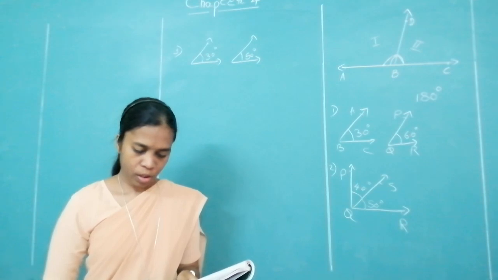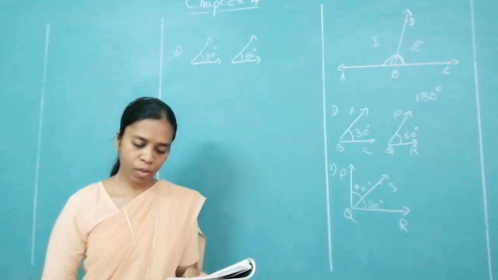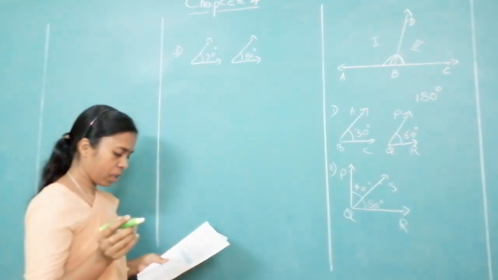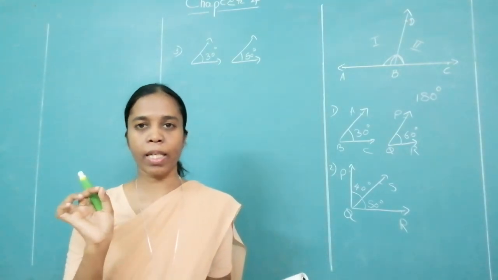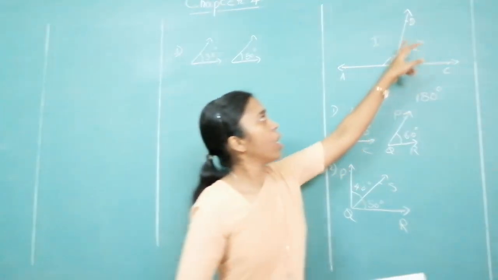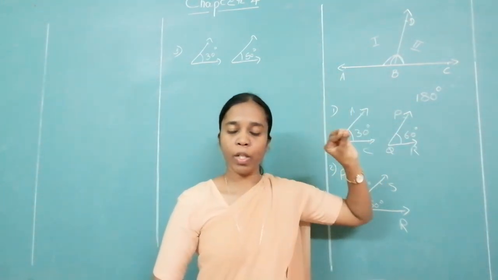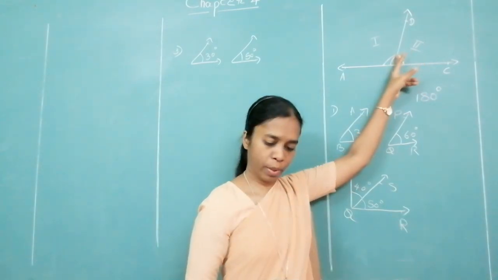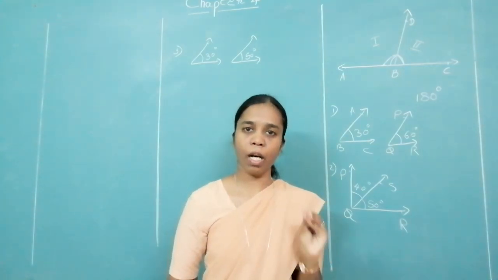The next one: angles in a linear pair which are not supplementary. Listen again. When do you call angles a linear pair? The common arm separates the interiors and the other arms form a straight line. Then only you can call them a linear pair. So, a linear pair which is not supplementary, we cannot draw it. Why? Because all linear pairs are supplementary.